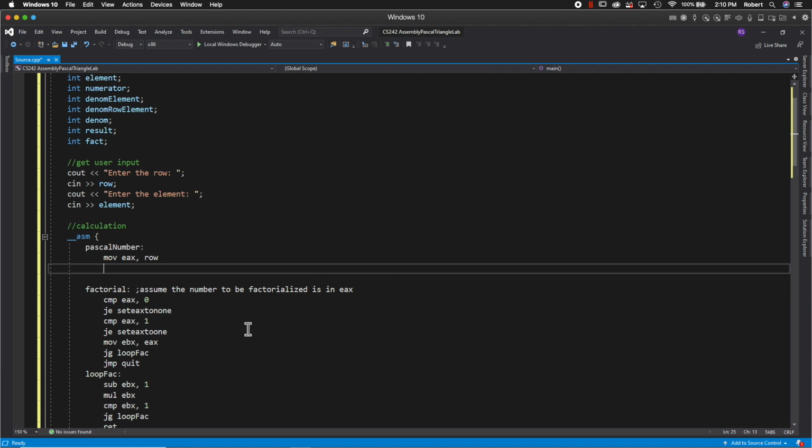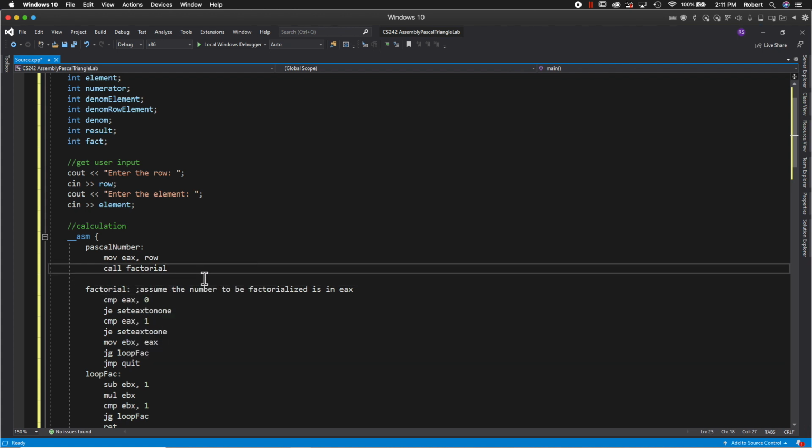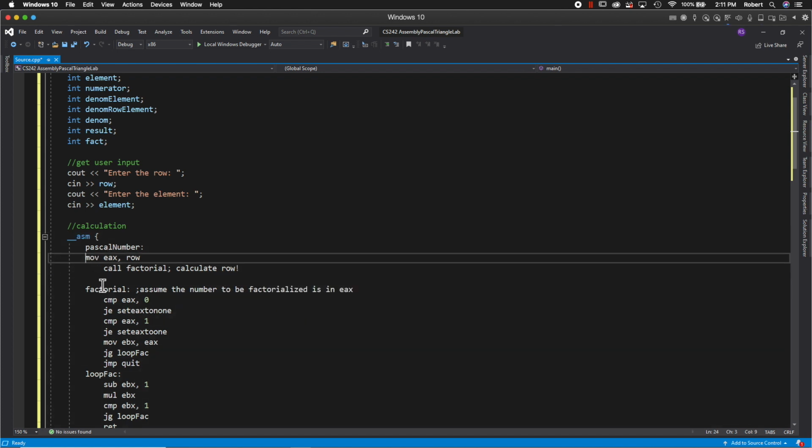All right. Well, now I have to determine what its factorial is. So I'm going to call factorial, that's this guy down here, right? I'm going to call factorial. And what that's going to basically do, let me just put a comment here. This is how we do comments in assembly language programming. Let me just go ahead and say calculate row factorial. Whoops, sorry, not question mark, exclamation mark. I'll put a tab over here. So by calling this, when I move the row into the EAX register, it's in essence going to be calculating